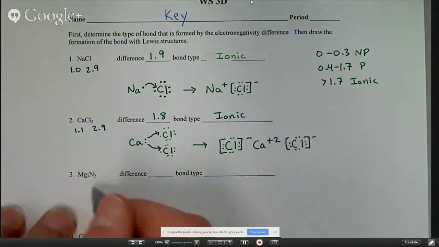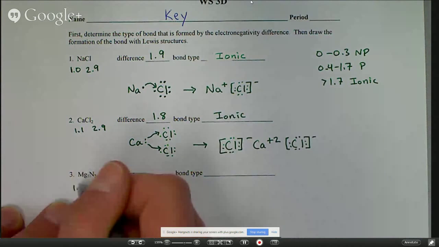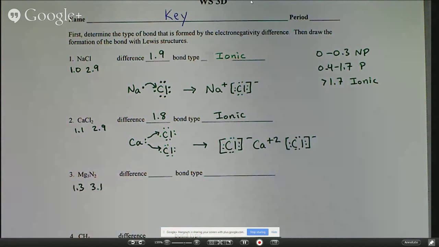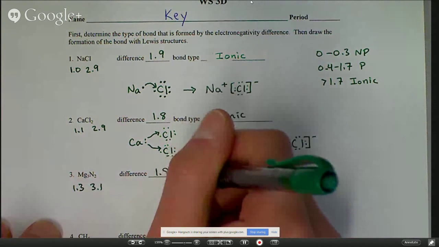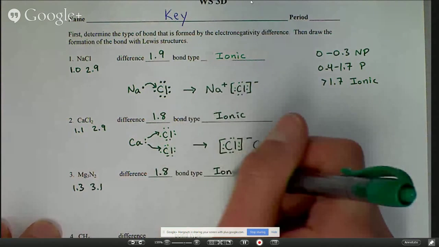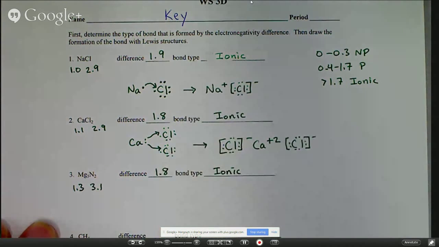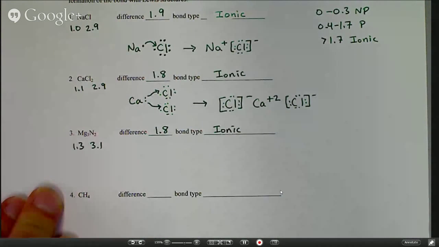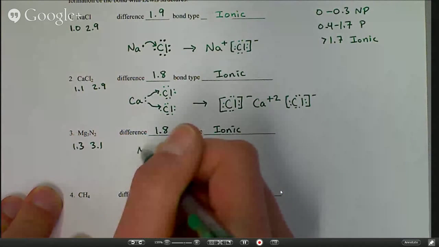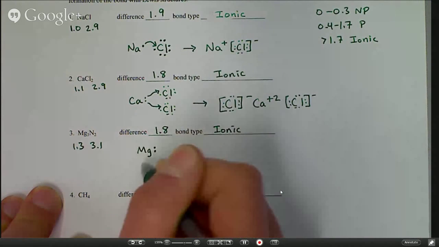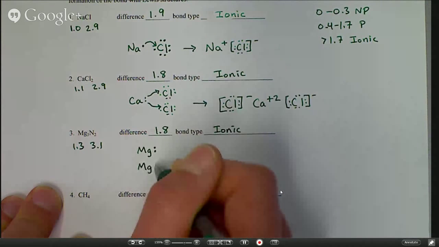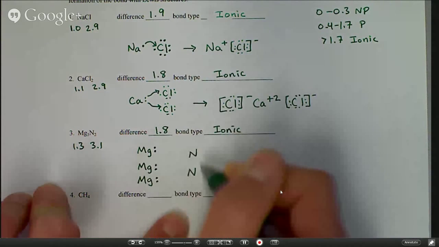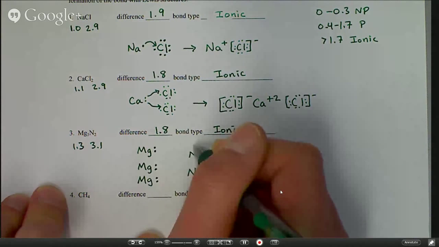Okay, going on into number 3. Magnesium is 1.3, while nitrogen is 3.1. This results in a difference of 1.8, which once again, like the first two, makes it ionic. Okay, so to do this, we have 3 magnesiums. Each is in group 2, so each magnesium has 2 valence electrons. And then we have 2 nitrogens, and each nitrogen is in group 5, so we can indicate that it has